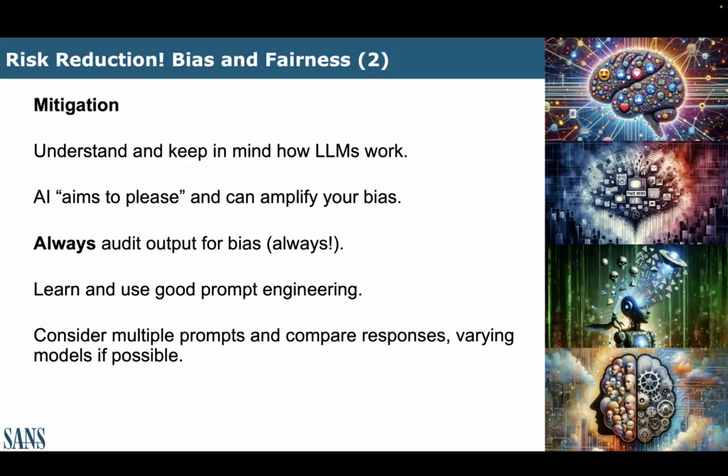If I don't want that, unfortunately too many people do want that kind of an answer, but if I don't want that, what I could do is say something like, compare and contrast the benefits and challenges of having a dog versus having a cat. And let it not start with a bias, because it is certainly going to reinforce one if we start with one. Always, again, audit our results, this time for bias. Let's put on our bias detectors and take a look at those results. Learn and use good prompt engineering and consider using multiple different prompts to get the answer out. That's the best way to get rid of bias.